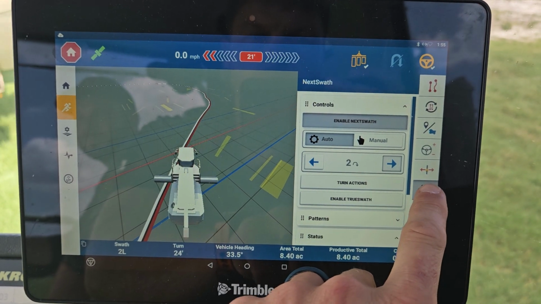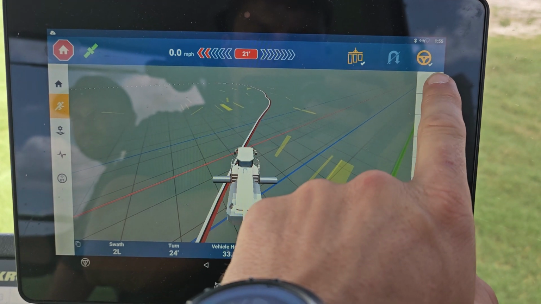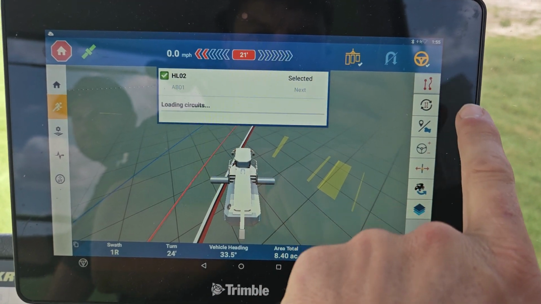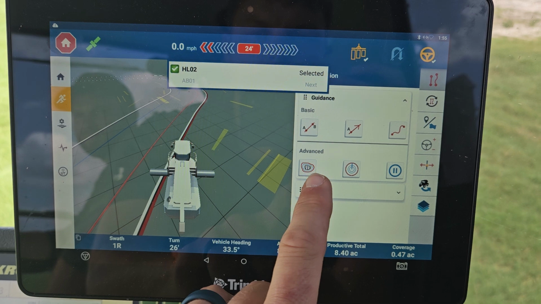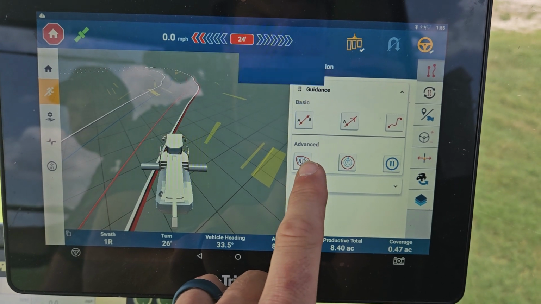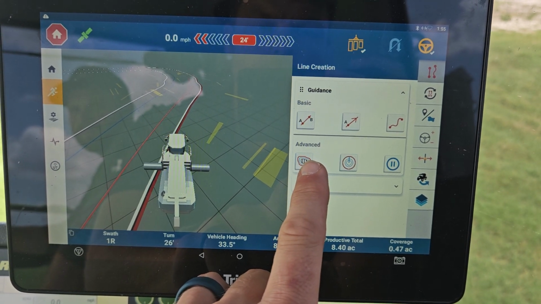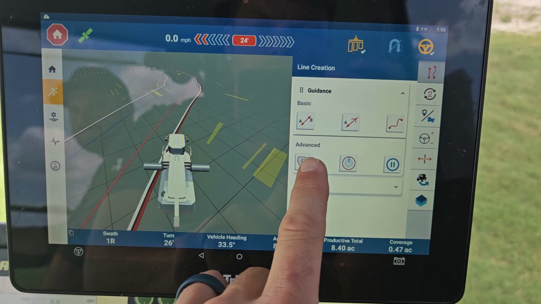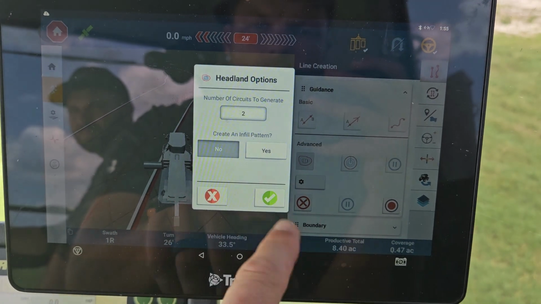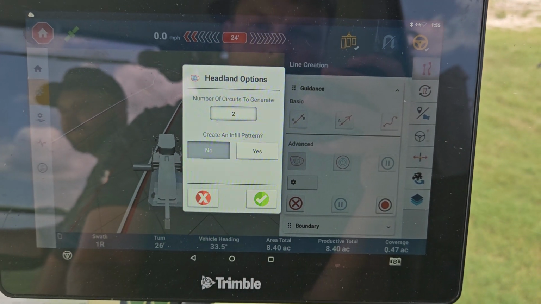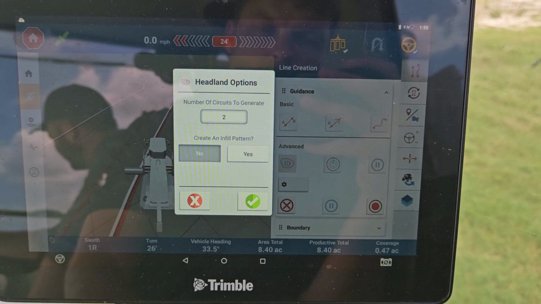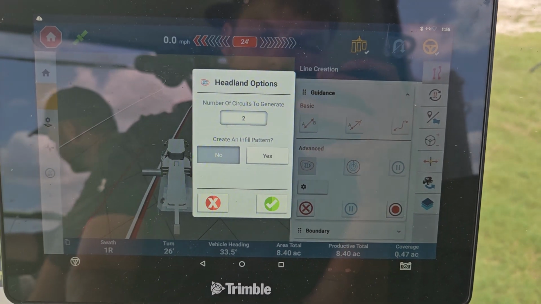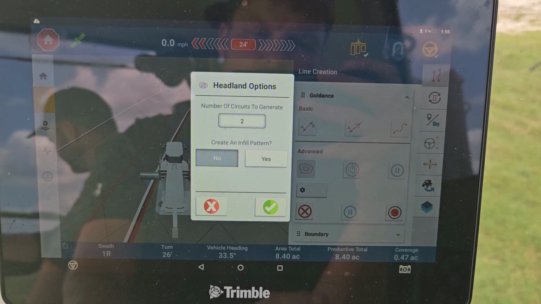If you're needing to do a boundary, you'll go up here to your guidance patterns and hit that, and then you'll just hit this little boundary option right here, and then it's actually going to ask you if you hadn't already set this before. So it'll say number of circuits to generate. Y'all are doing 2 outside circuits, so if you're going to drive the outside one first, I would just do 2